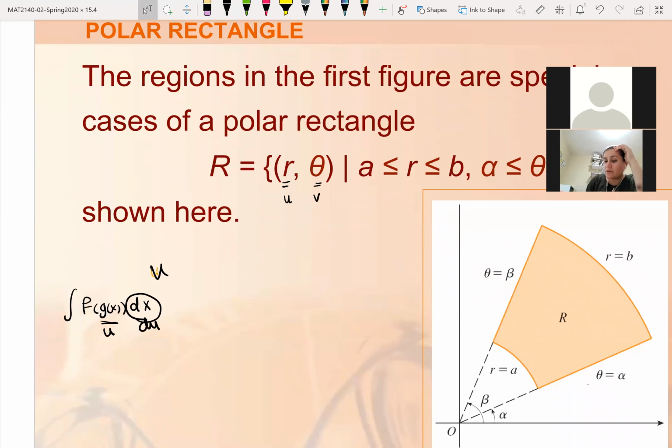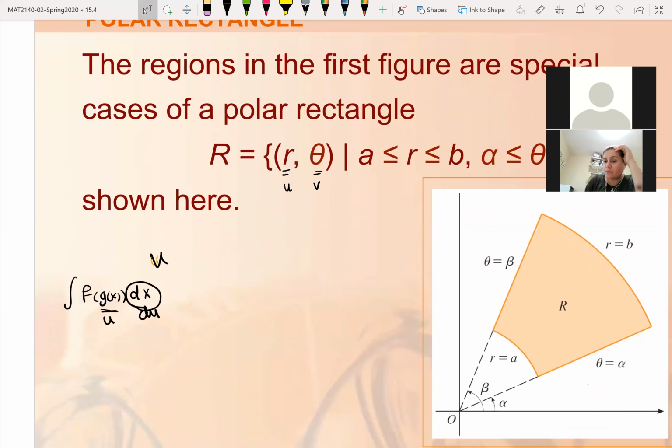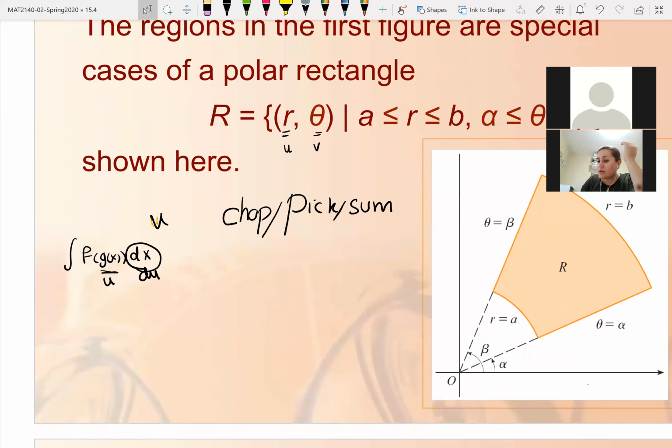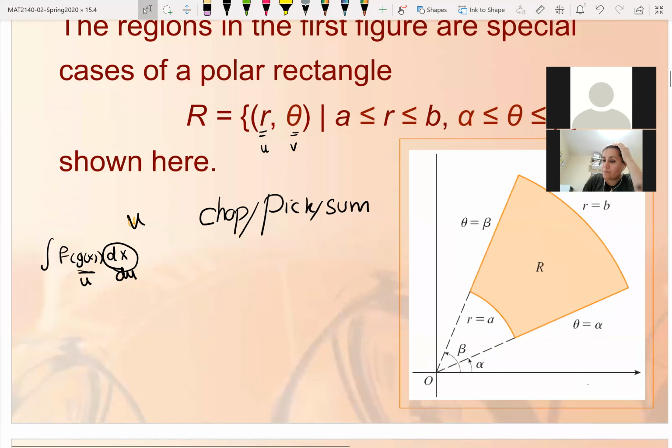If you remember, one of the things that I said for defining any type of integration, we will have 5 types of integration. All of this is just really chopping into pieces, picking a lucky point, making a Riemann sum, and that's what we call a new type of integration. We have done it once in calculus 1, once here in double integration, and we can do it one more time for the polar system. So your given region is just really going to be between the radius A and the radius B. So that means the circle with the radius of